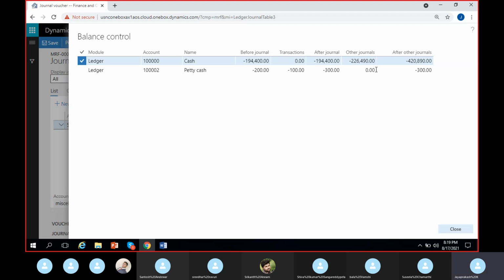So this is a quick inquiry. If we configure a balance control account, on that page we can see all the accounts and the balances. So that is what balance control accounts do, or the configuration of balance control, or the purpose of balance control is to